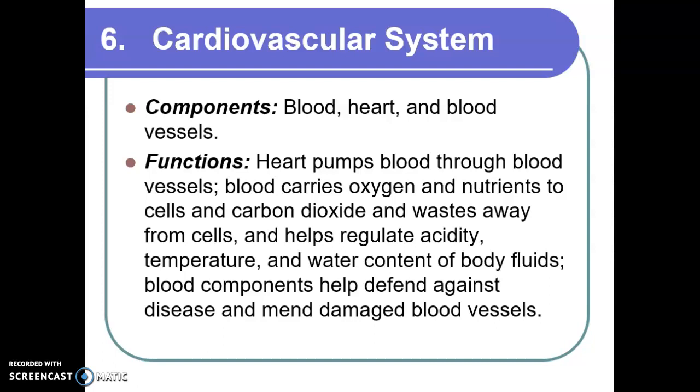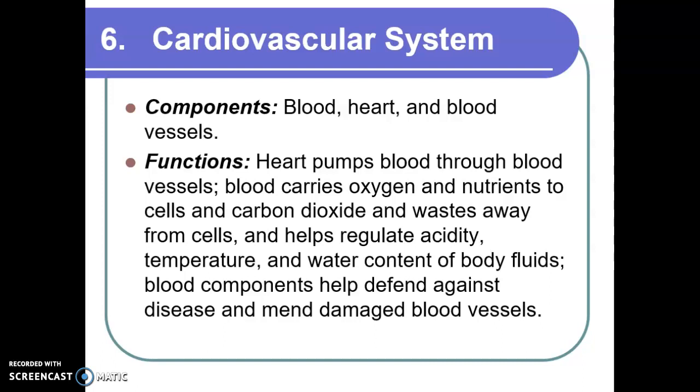When we talk about the cardiovascular system, we're looking at the blood, the heart, and the blood vessels: the veins, arteries, and capillaries. The heart is responsible for pumping blood throughout the blood vessels. And so when our body does this, our blood carries oxygen and nutrients to the cells to get them what they need. And then it's going to take carbon dioxide and waste away from the cells so we can get those things